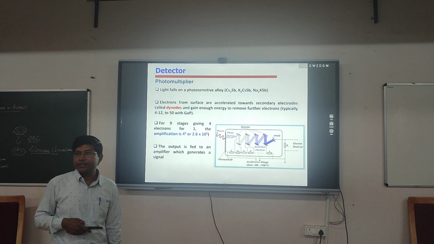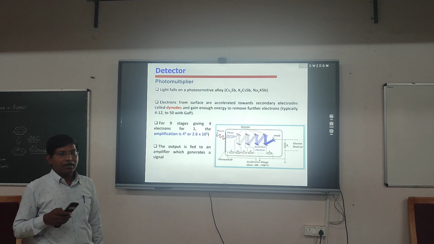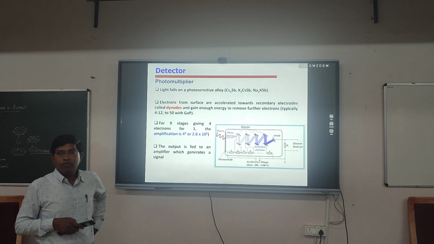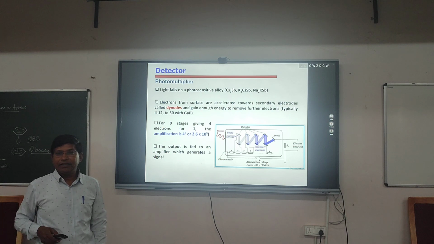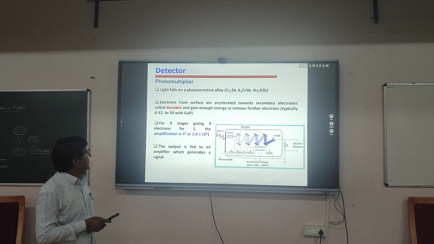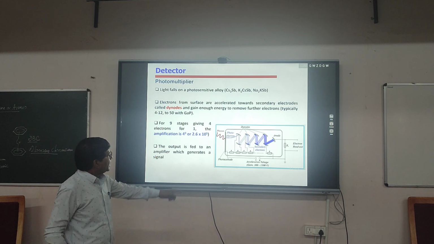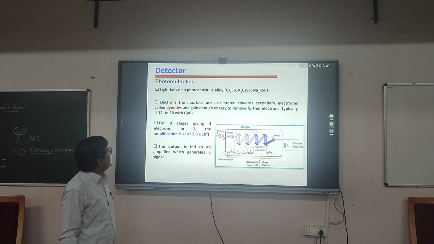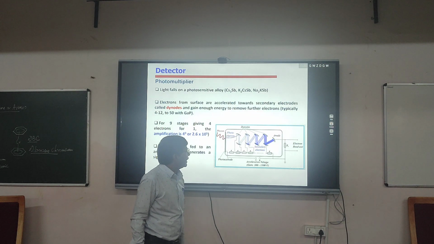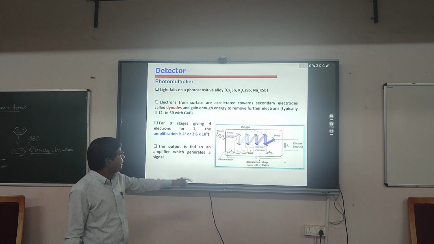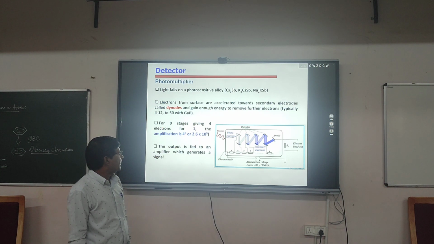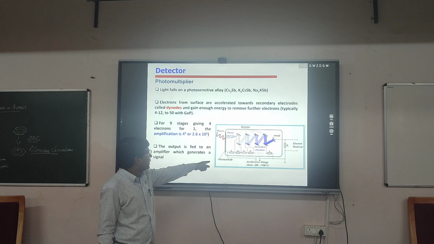And finally we have a detector. The detector used in a fluorescence spectrophotometer is a photomultiplier tube. From the name, it multiplies the electrons coming from the sample. This is a schematic diagram representing the photomultiplier tube, which consists of dynodes, and these are semiconductor material. When the photon light coming from a sample strikes the photocathode,